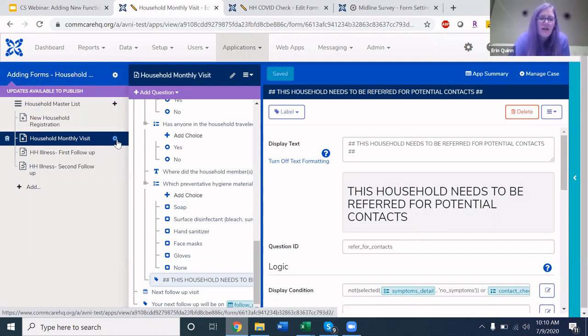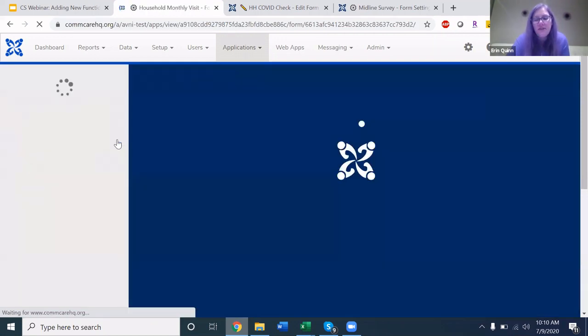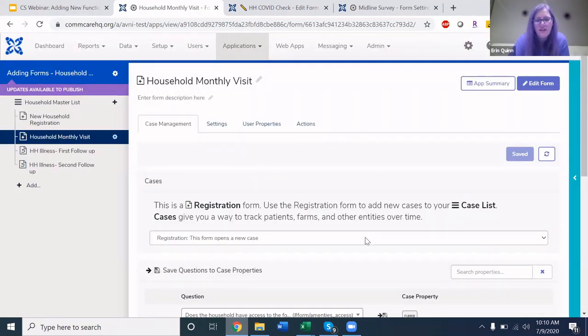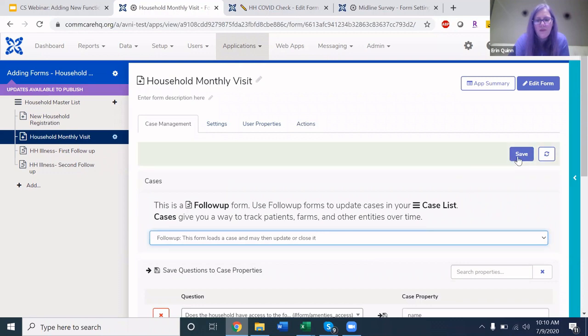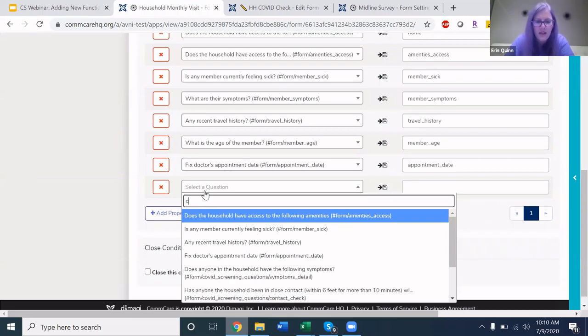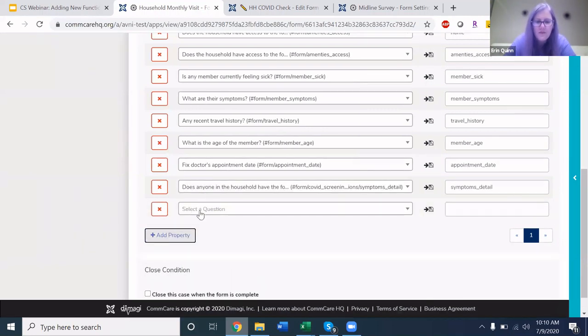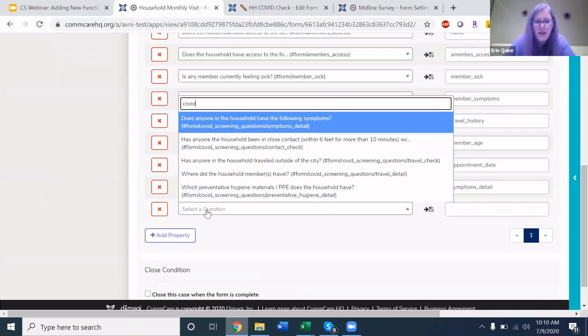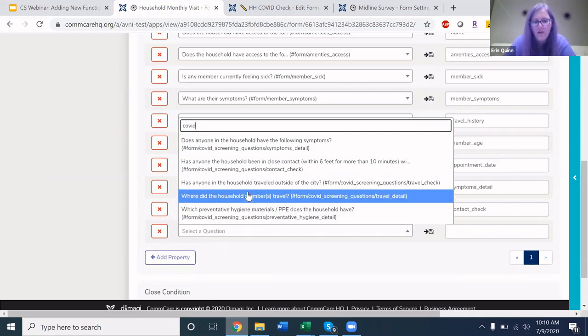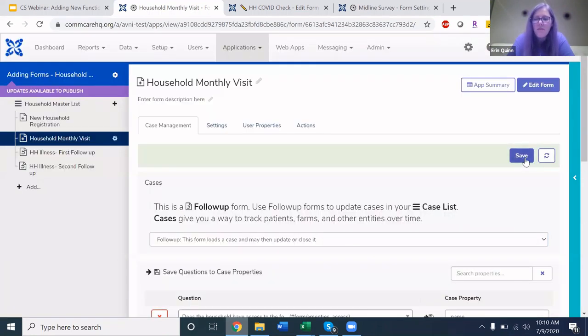So again, if we want to come here to this monthly visit, if we wanted to save these COVID questions as case properties, we certainly could. And actually, again, this needs to be a follow-up form. But we can just come here to symptoms and find all of the questions that we just added and save them in. I'm not going to save all of them just for time purposes, but that's how you would add in a monthly visit like that. Again, like I said, you could of course add it in as a new form itself,